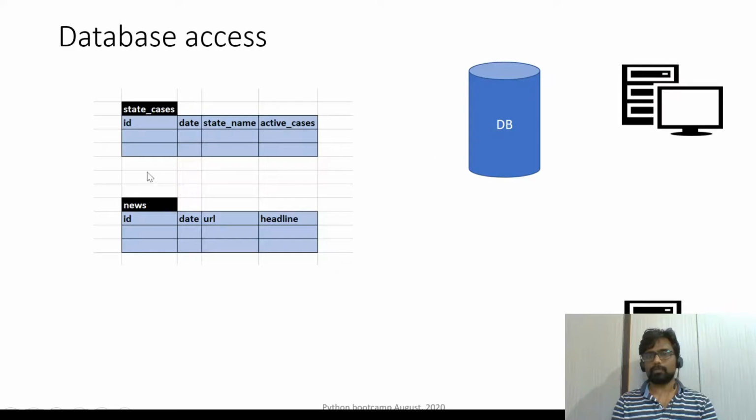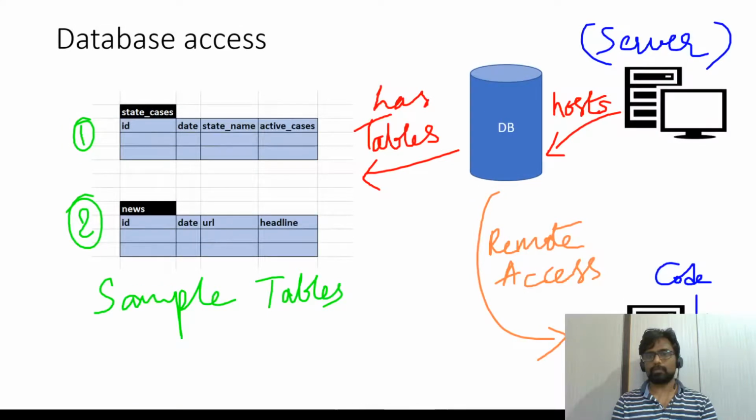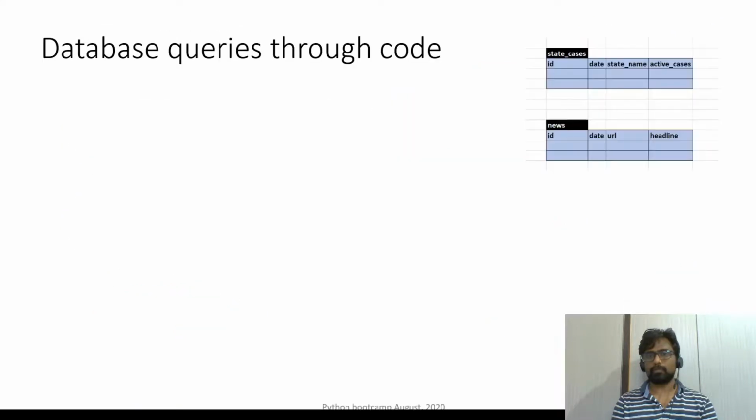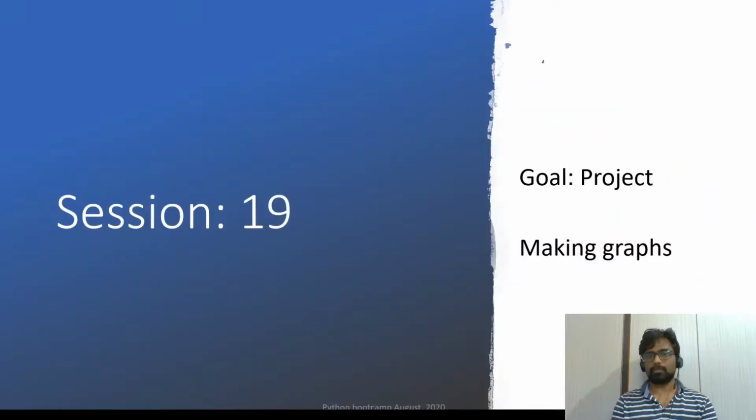Okay. So we created two tables from our project. We derived state cases and news. The reason we did that was to draw some kind of graphs, and we can do some analytics on top of it. So that is about the database access and the programs around it. Okay. So you can take these assignments, and then you can upload them on GitHub as well, so that it gives you an idea about how professionals work.